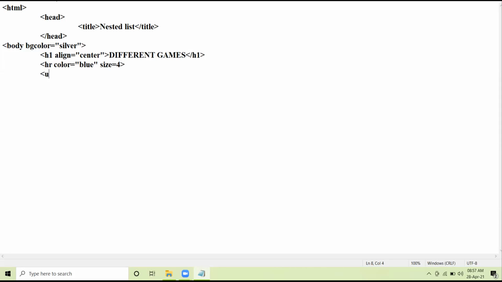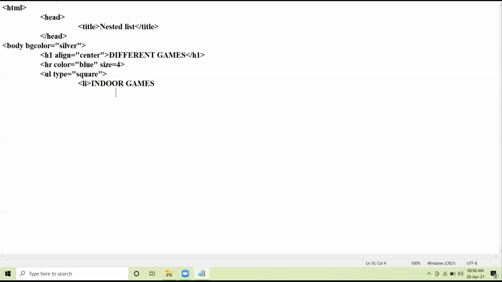Now I am taking the UL list and type is square. Here, first list item. This list item tag is associated with unordered list. So I am taking here indoor games.